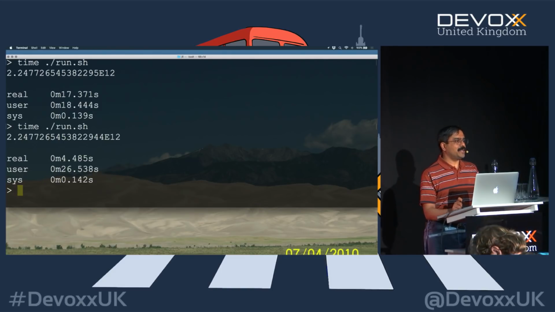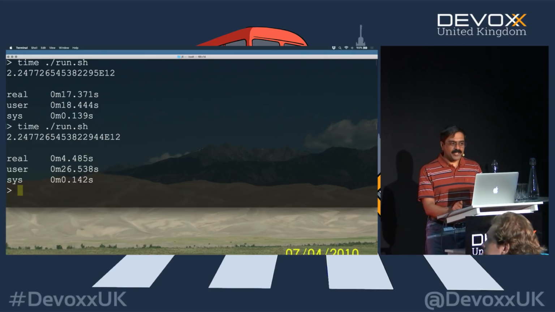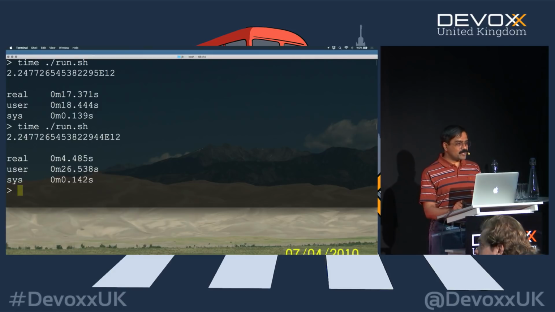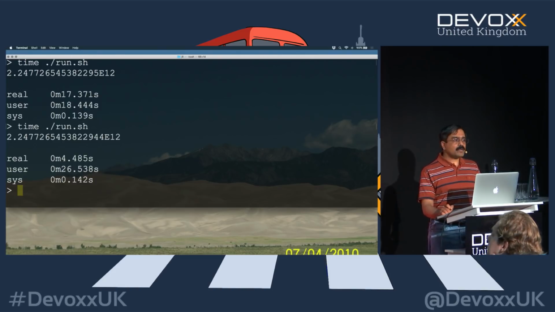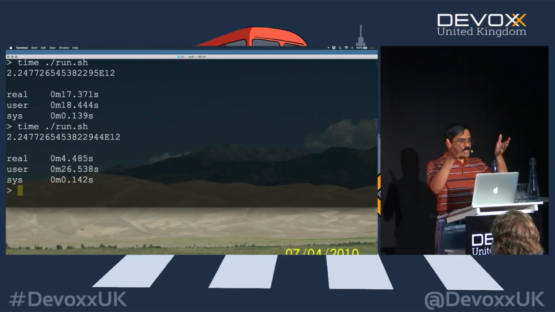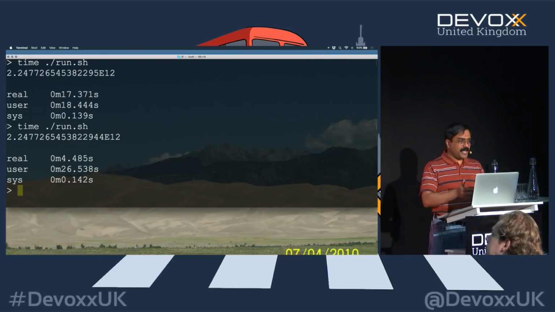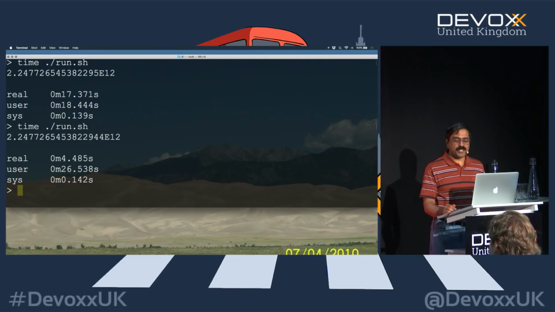Now the question is, how can I get a faster result for this problem? And the short answer is, don't even try. Because on this machine, this is the best you can do, because that's how many cores you have. Because it's computation intensive. This is why we have technology like Spark, because Spark says, well, sorry, you've run out of your capability. That's how many cores you can have on the machine. You cannot get more cores on your machine, obviously.